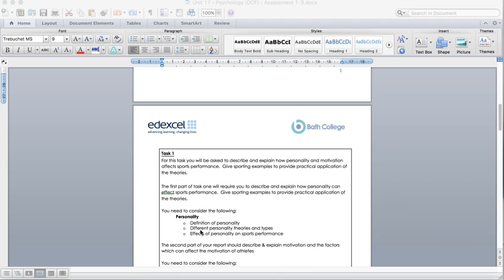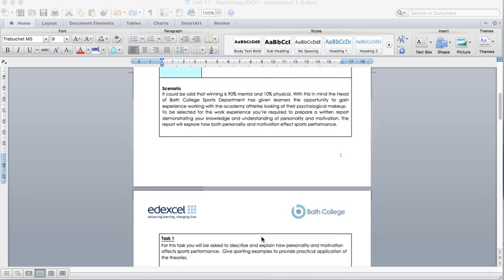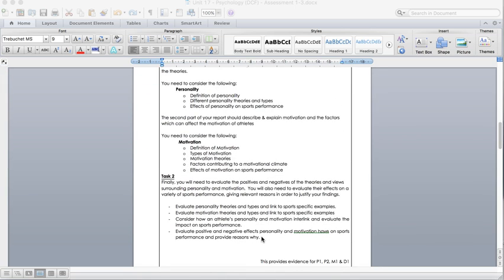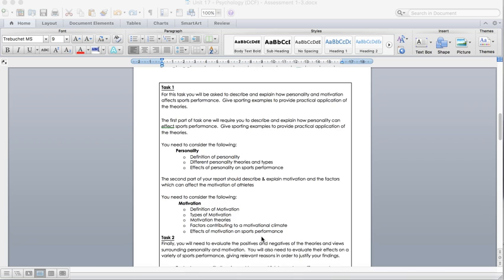Then it asks you to look at the different personality theories and types, and we'll go into that in a bit more detail in a minute. And then the effects of personality on sports performance. Describe is obviously the pass. If you manage to explain it and apply examples, you've got your merit. And if you evaluate, and we'll come to that in a minute,